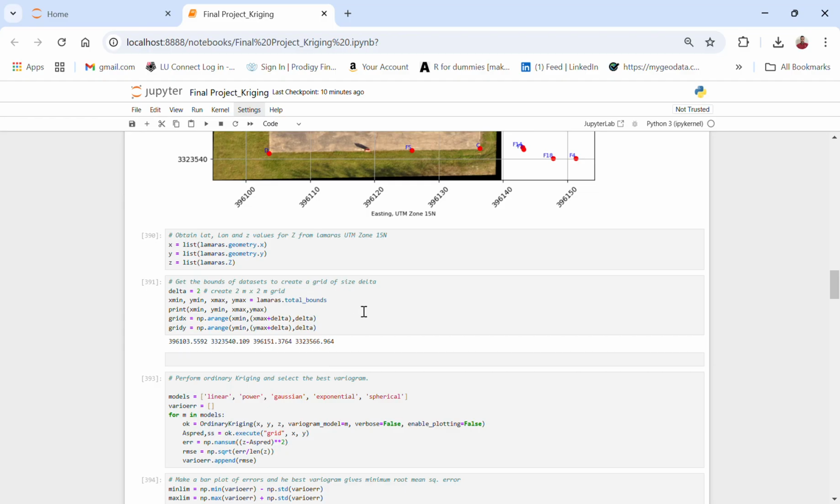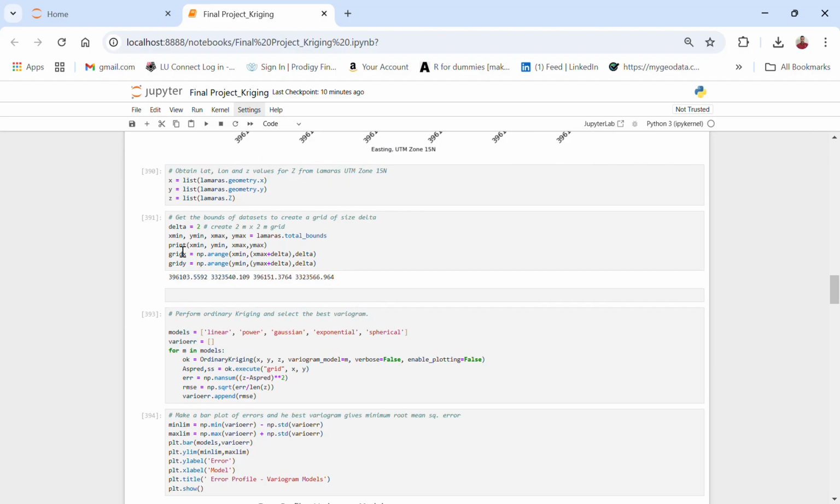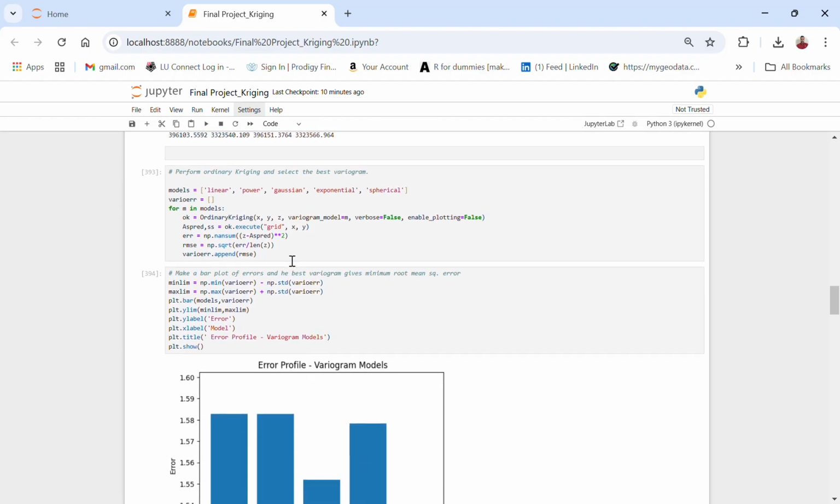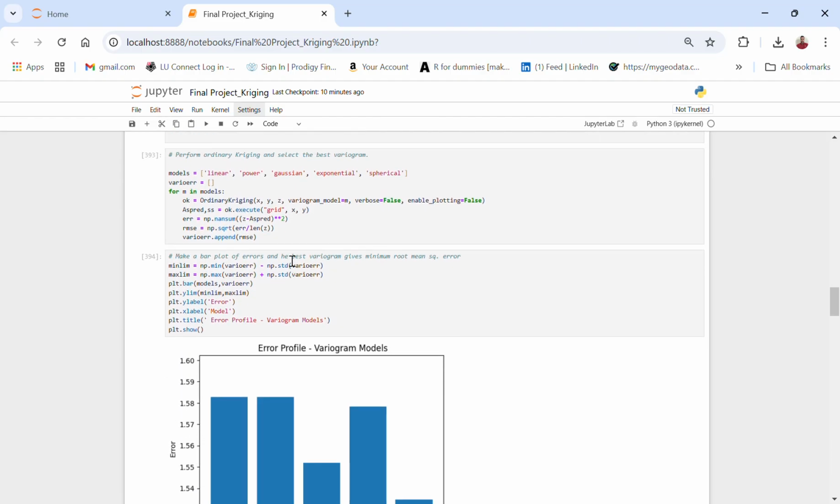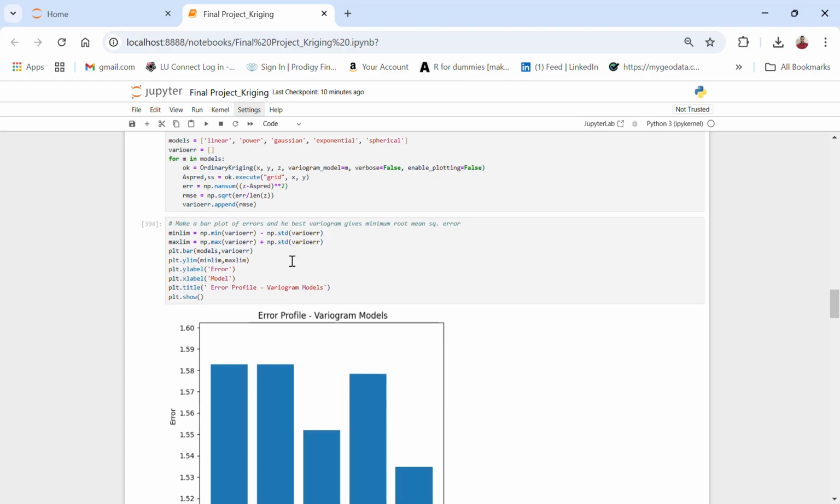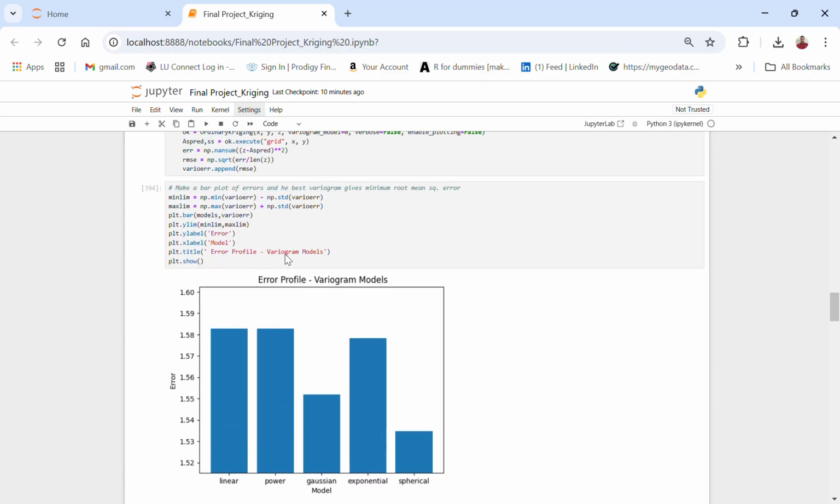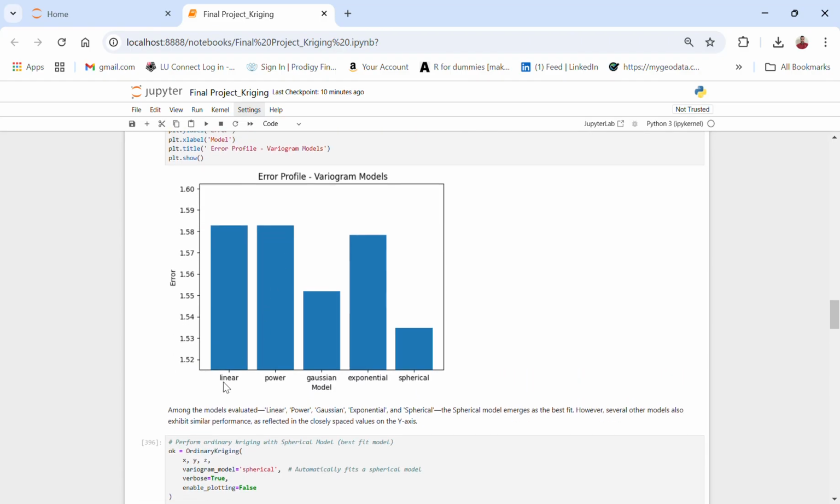After that, we gathered our geometry, that is X, Y, Z, and we bound the dataset to create the grid of size X minimum, Y minimum, X max, Y max for gridding the data. And finally we performed ordinary kriging and selected the best variogram. We can see